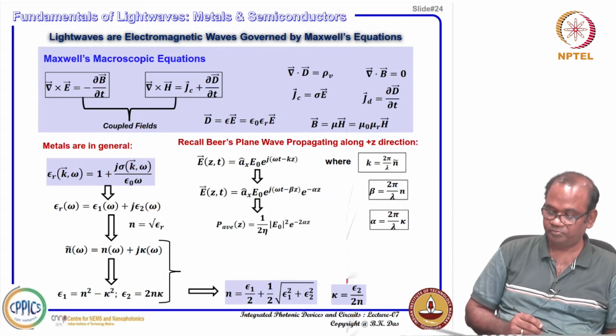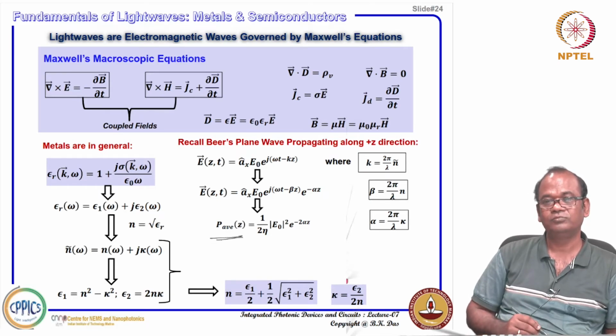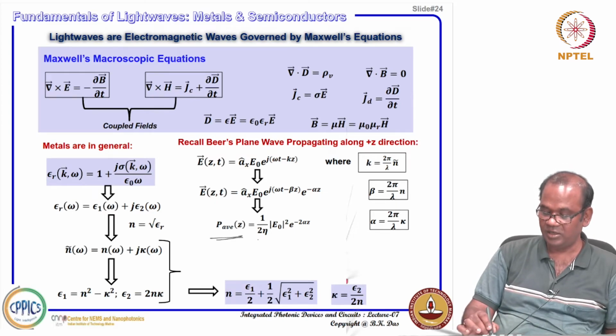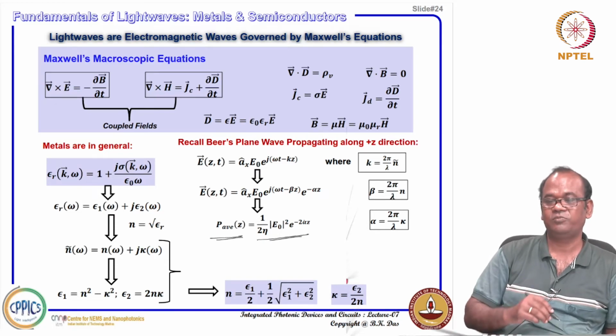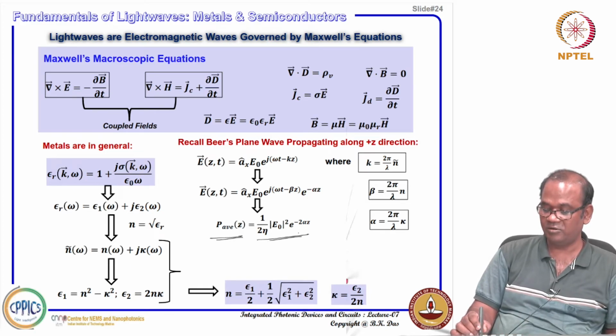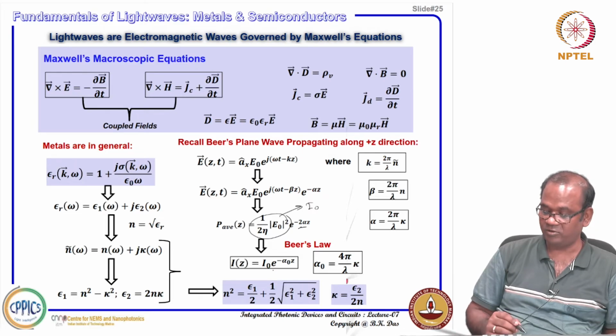Fine. Now, we have also discussed the average energy flow, Poynting theorem, Poynting vector E cross H, and we know that electric field and magnetic field are orthogonal to each other. If you just consider that, then we do know that energy flow is E cross H. I have borrowed the equation from earlier discussion: 1 by 2 eta E naught square e to the minus 2 alpha z. And then what we get? You see this one you can consider as I naught, and 2 alpha you can consider as alpha naught,